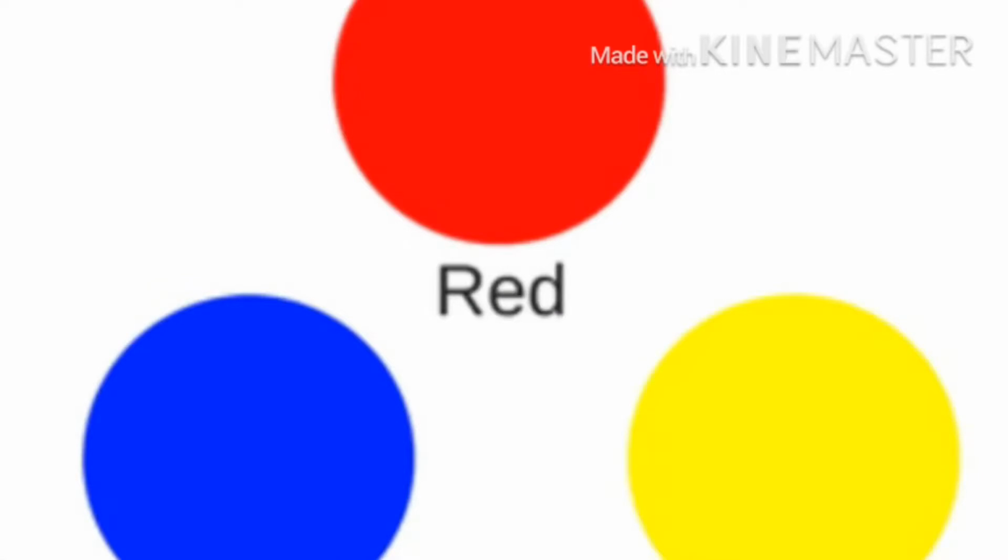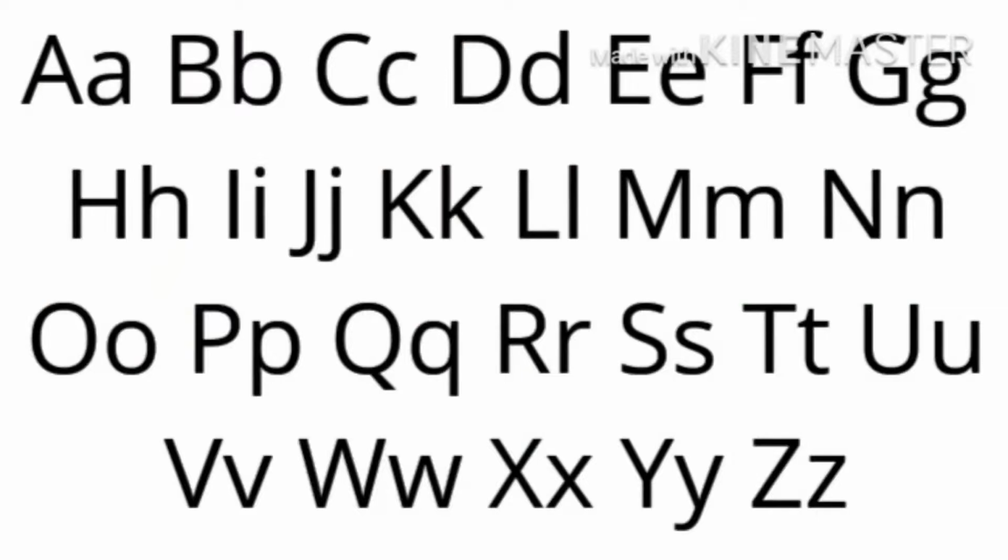I would begin with this: there are three primary colors, right? Red, blue and yellow. When we mix these colors, we get a beautiful rainbow of colors. The same thing applies to English as well. When we mix the beautiful sounds of all the alphabets, there comes a beautiful rainbow. There are more than 40 sounds in English. There are 26 alphabets which come together and make 42 beautiful sounds. So we have to follow these sounds.